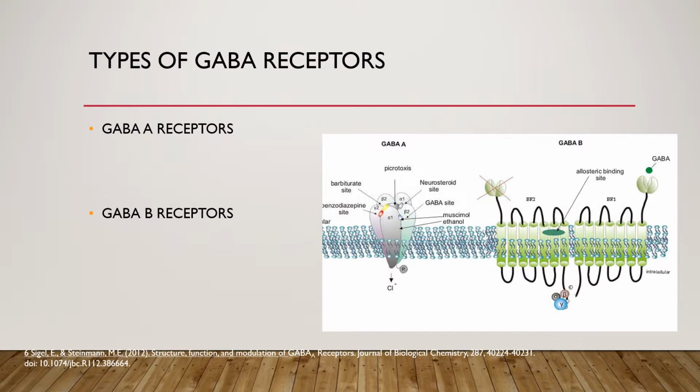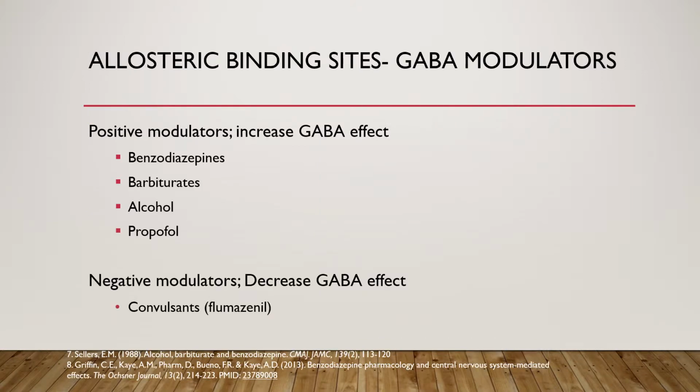GABA A receptor is composed of 5 protein subunits. This can be seen on the diagram along with the structure of both GABA A and GABA B. In addition to binding sites for GABA, it has allosteric binding sites for other substances known as GABA modulators. These are molecules that can increase or decrease the action of GABA, but have no effect in the absence of